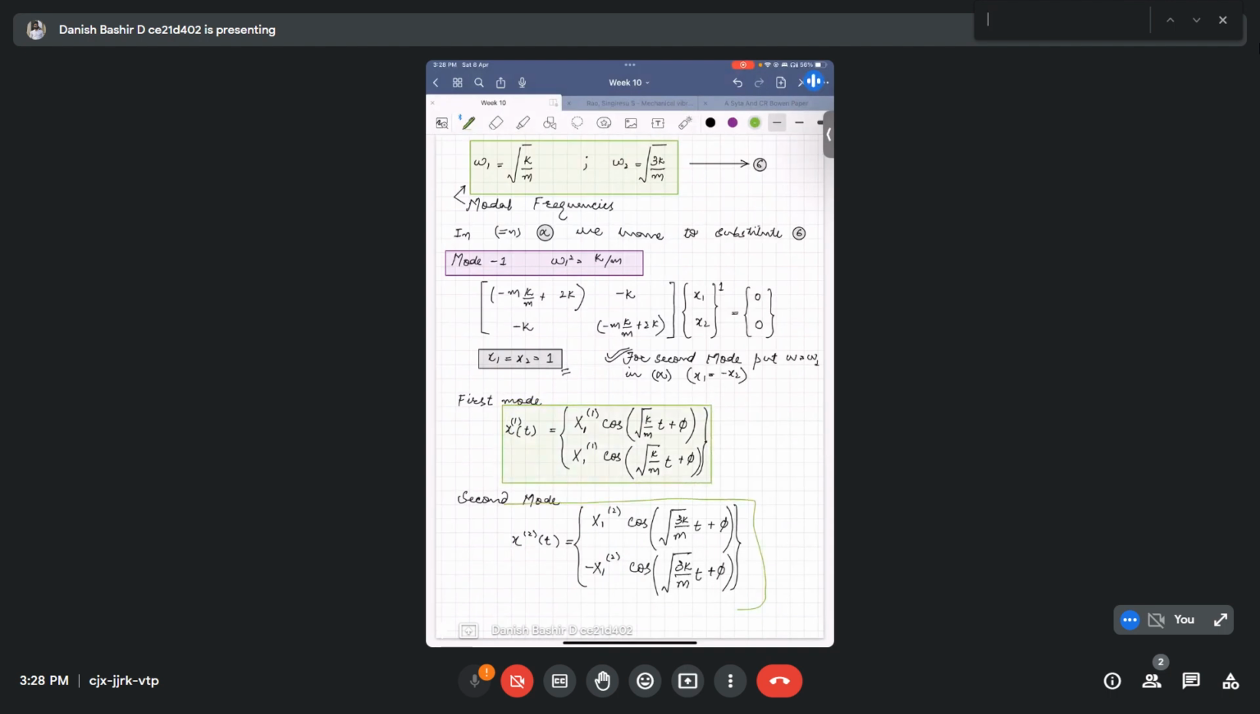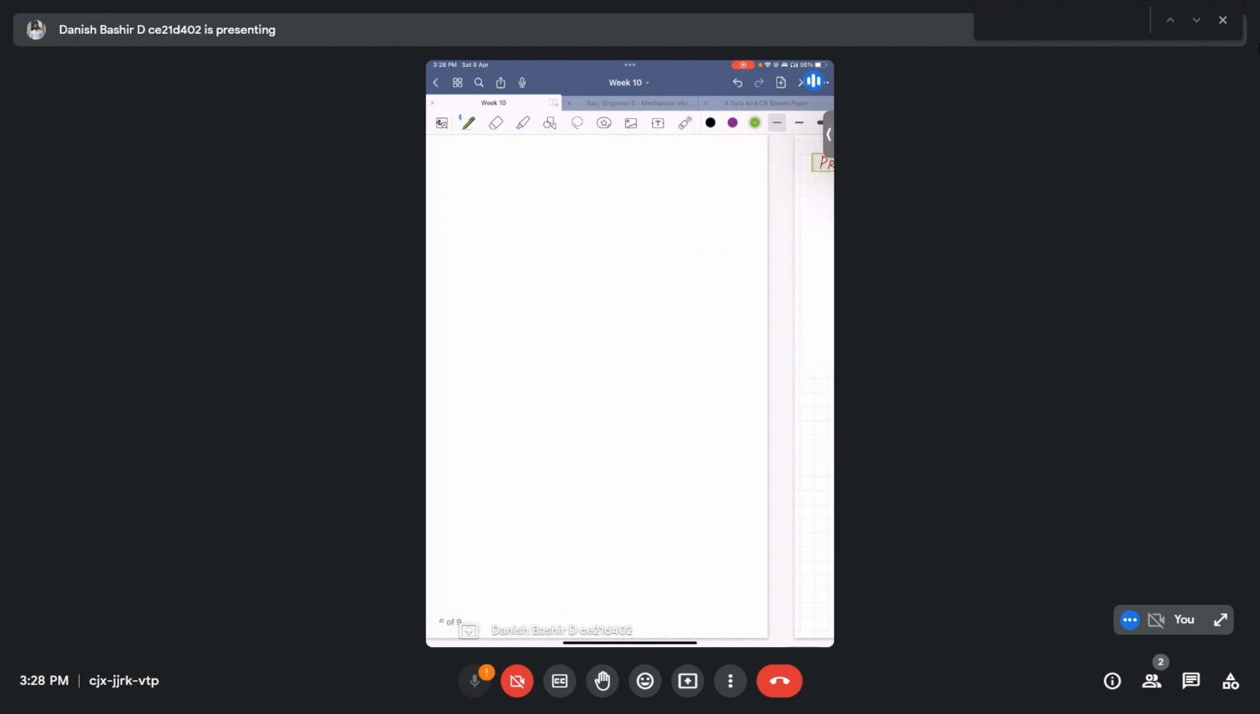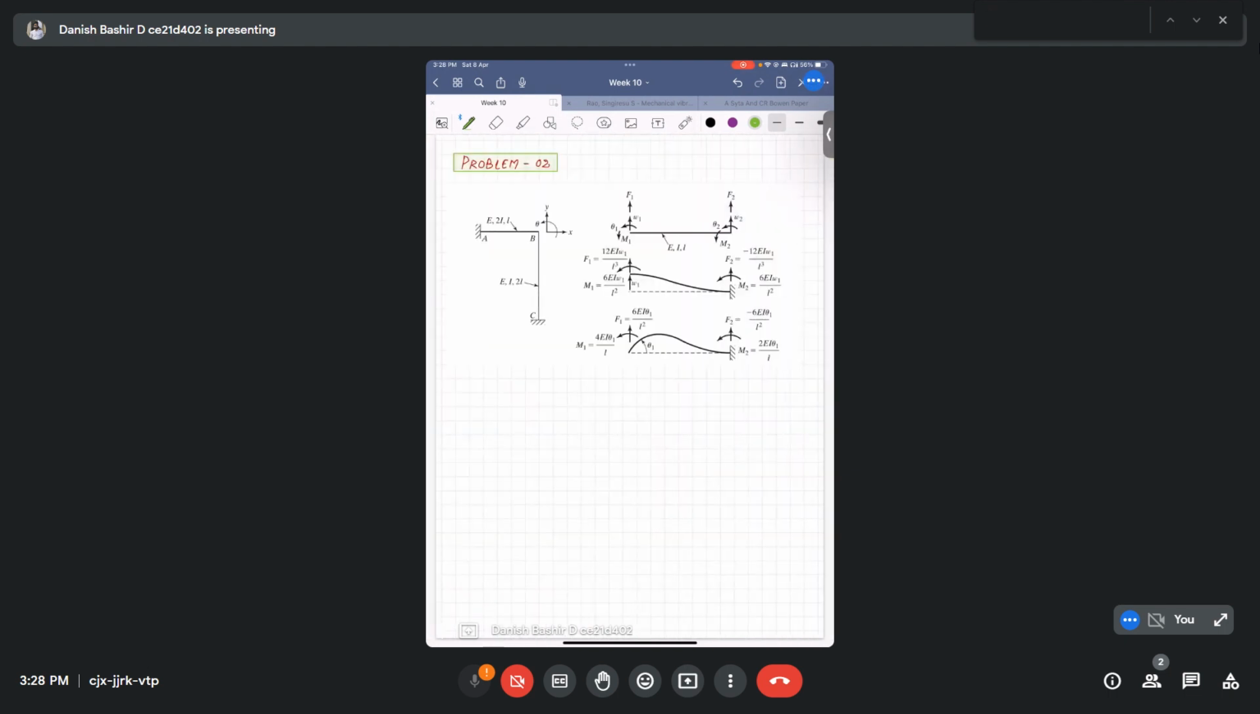Mode 1, mode 2. Here's the solution for mode 1 and mode 2. So we have done the first question. We will move to the second question. So the second question is,